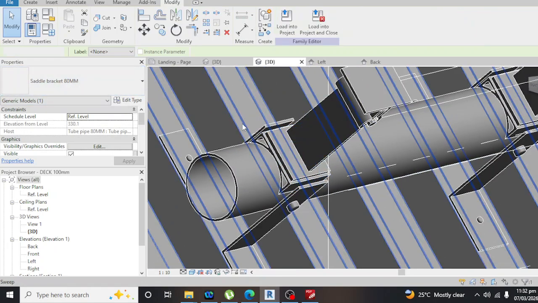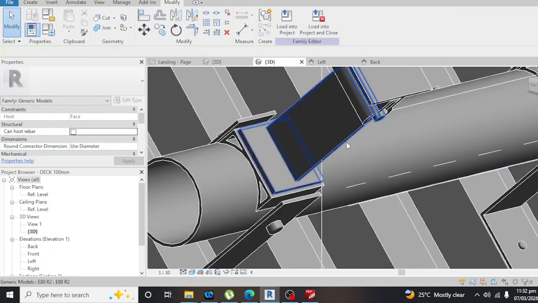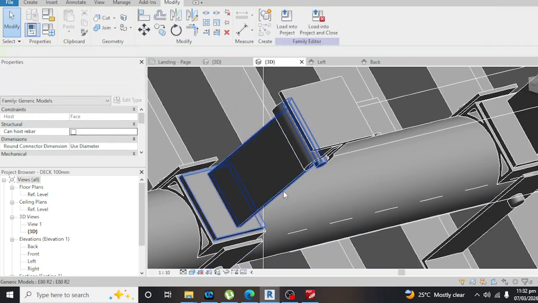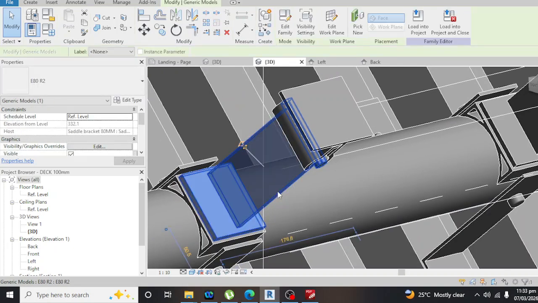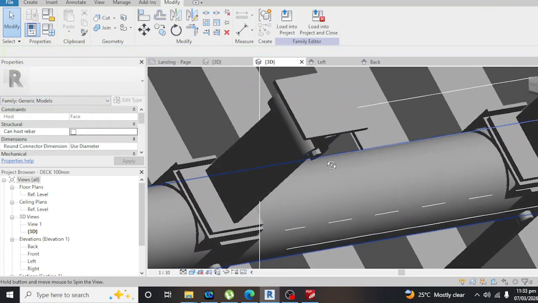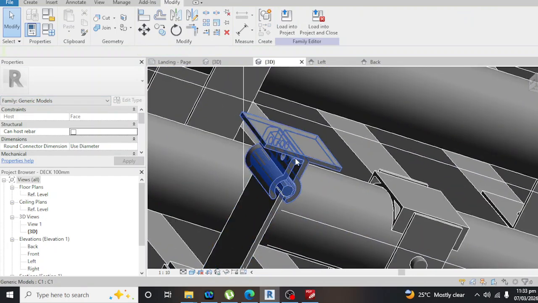On the top of the saddle bracket, we're going to put the ERR2. This is the code for these parts, guys. I don't know what they call it on the site. After the EATR2 is the clamp, the calcium clamp.